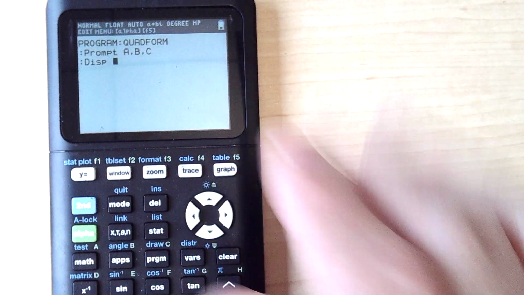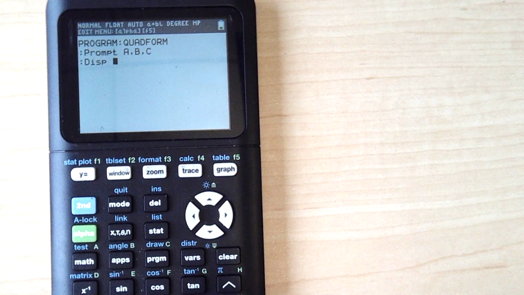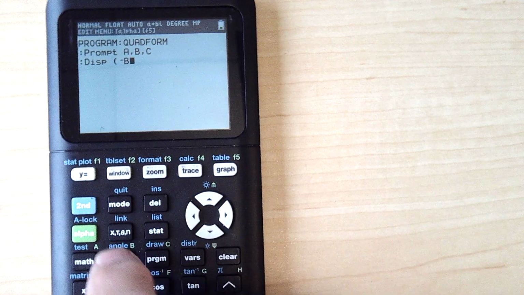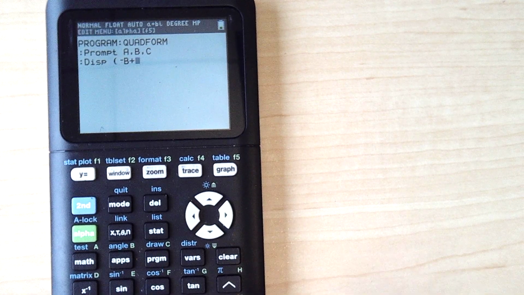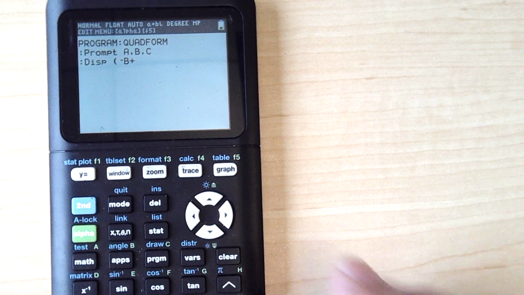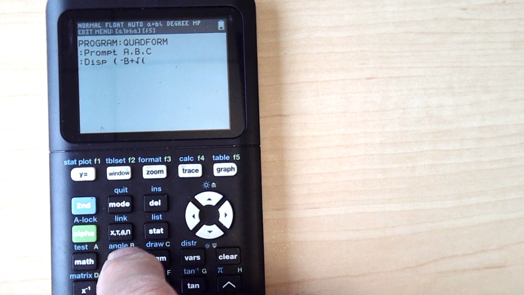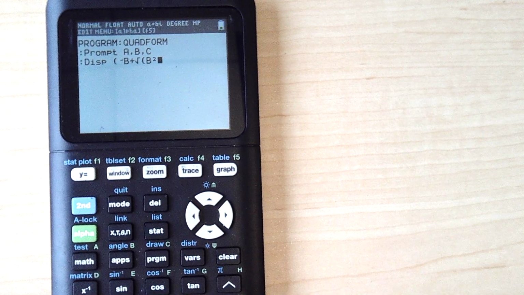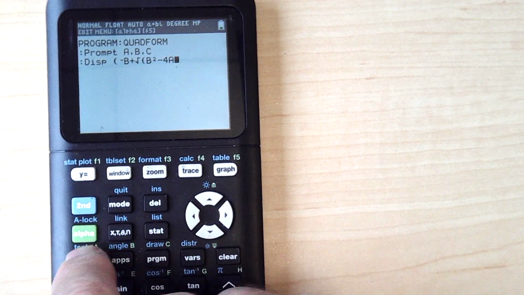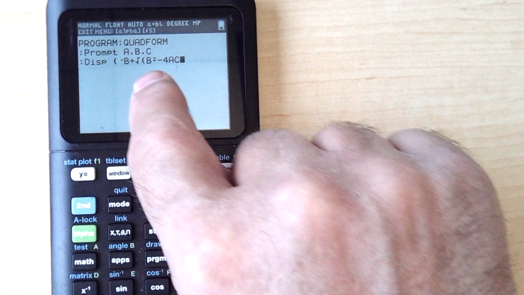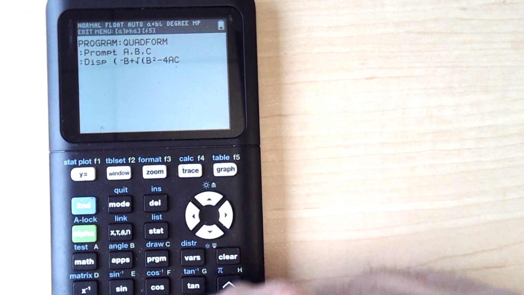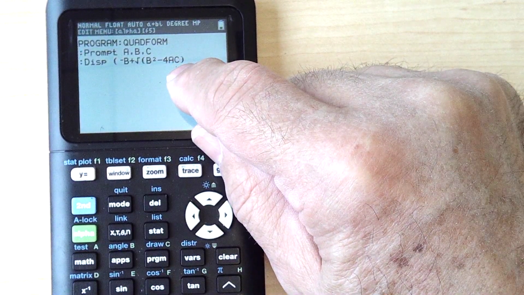And it's a little bit messy and a little bit long. So I have a numerator and a denominator. I'm going to start my numerator with parenthesis. Opposite of B plus, I know it's plus or minus, so I'm going to have to write this twice, once with a plus and once with a minus, plus the square root of alpha B squared minus 4 alpha A alpha C. Now you notice it started the square root with a parenthesis, so this parenthesis closes the square root,